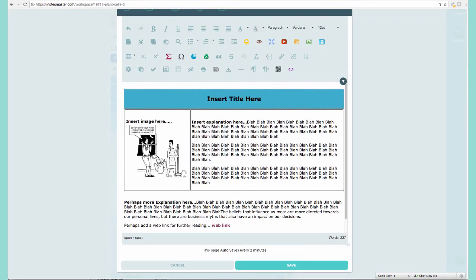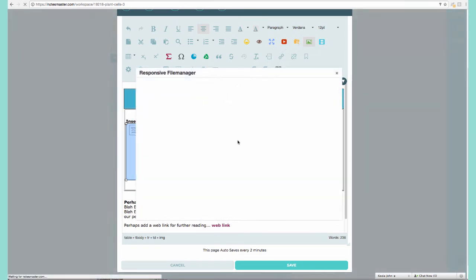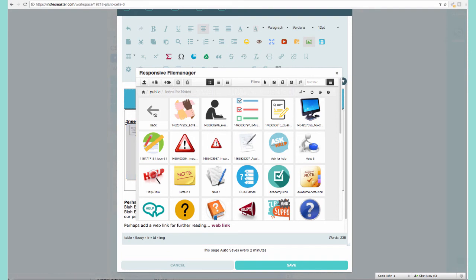I could insert my title here. Plant cells. Okay. And then an image. So maybe I want to look for an image of a plant cell if there's any in the file manager. Click on it, go back,